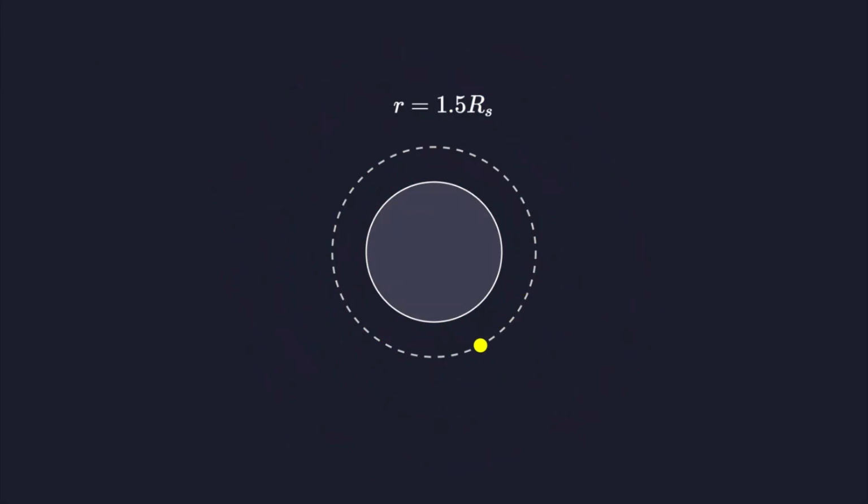At 1.5 times the Schwarzschild radius lies the photon sphere, where gravity is so intense that light travels in circular orbits. Here, the radial velocity of an escaping photon is 0. Any slight inward deviation leads to capture, while outward deviation allows escape, marking an unstable equilibrium point in the orbital mechanics.